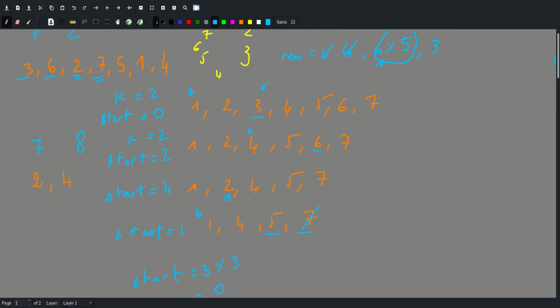And then the next value of start would be 2, but our array is of size 2, so we have to take it modulo 2, so that would give us 0. So the next value of start would be 0,